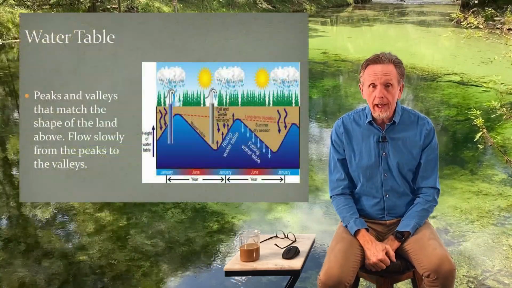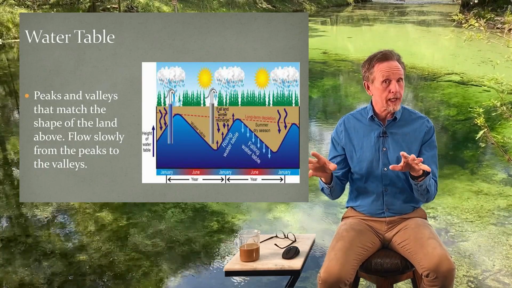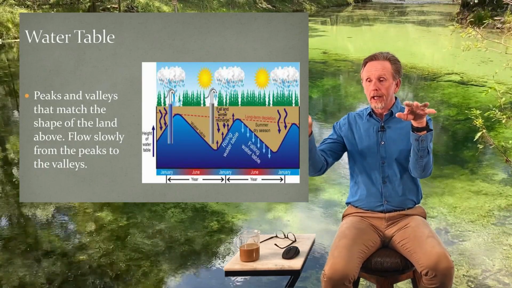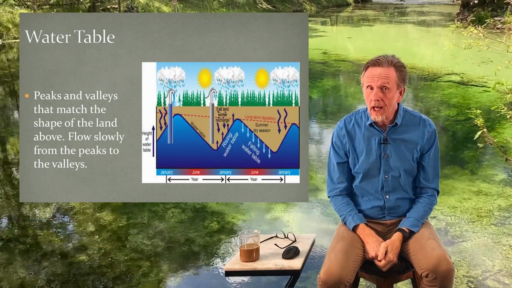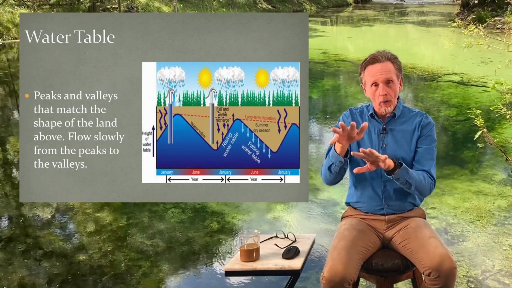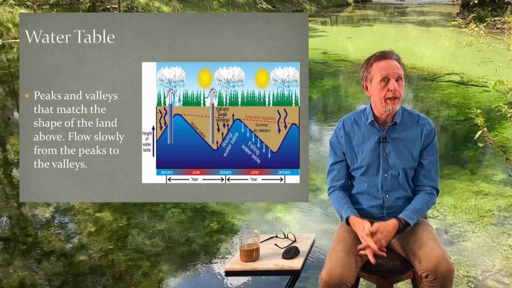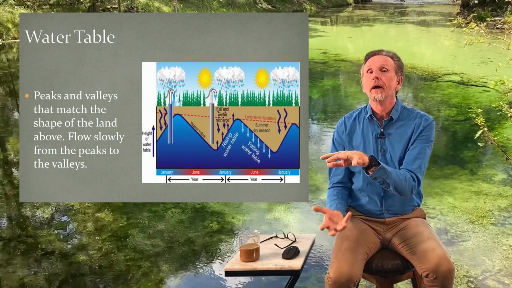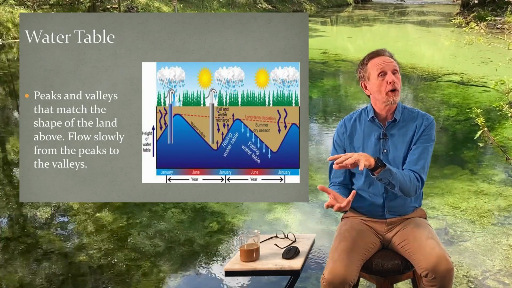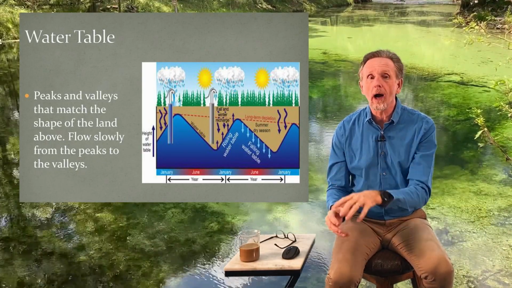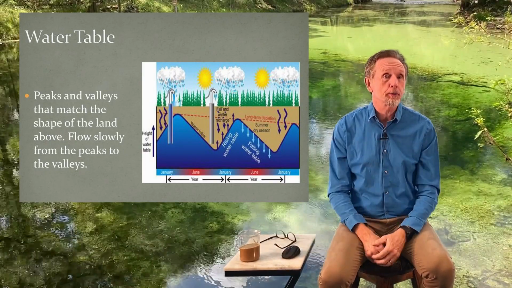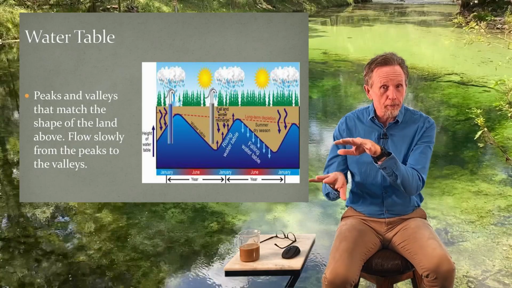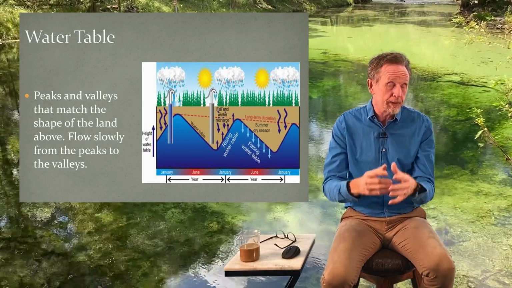Now, the water table has peaks and valleys that a lot of times match the shape of the ground above. Because the bedrock is doing this, and the soil above it a lot of times kind of mimics what the rock is doing underneath, because that's where the rock is sitting. The water can't permeate below that, so we call that non-permeable rock. The water will flow along this rock just like a river. Sometimes it's slow moving because there's soil trapping it, but it's still running along through there.